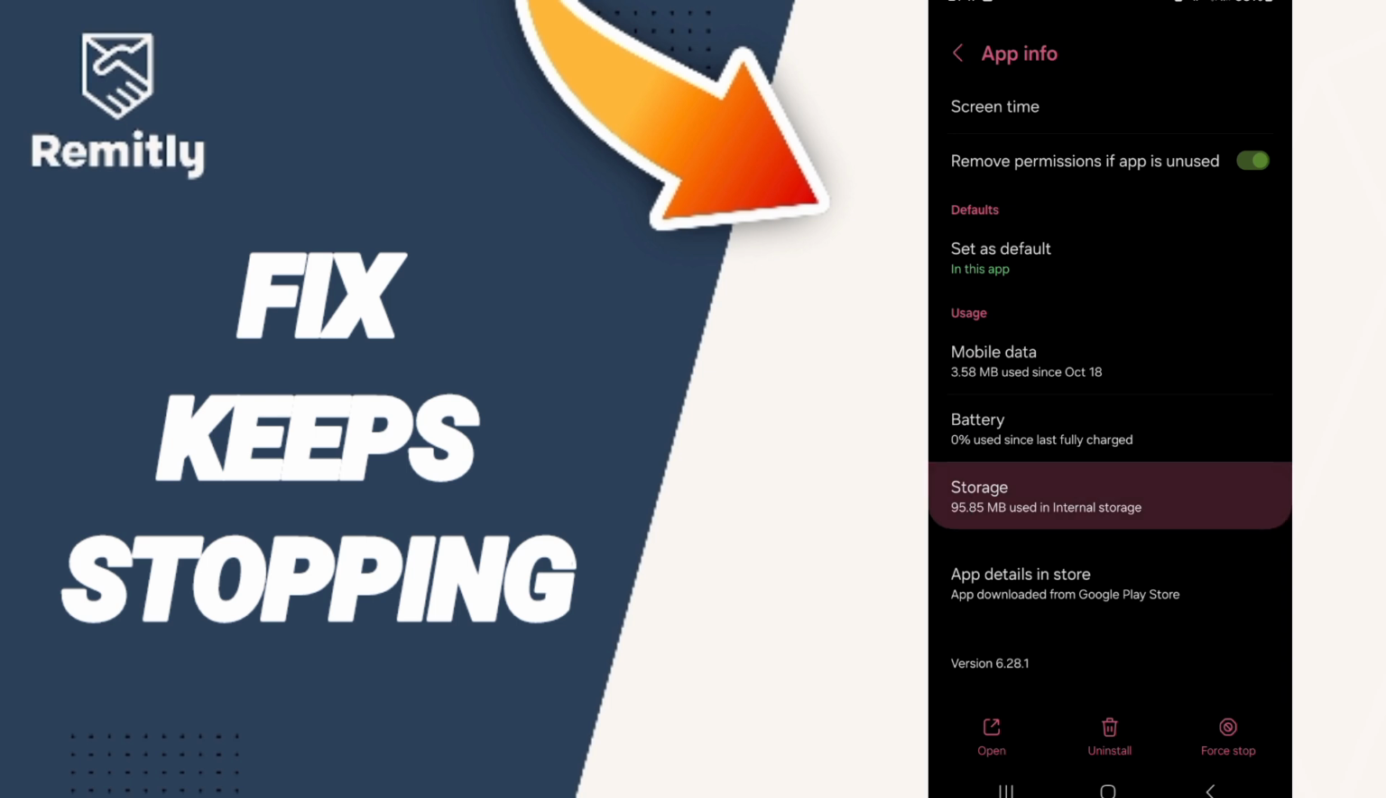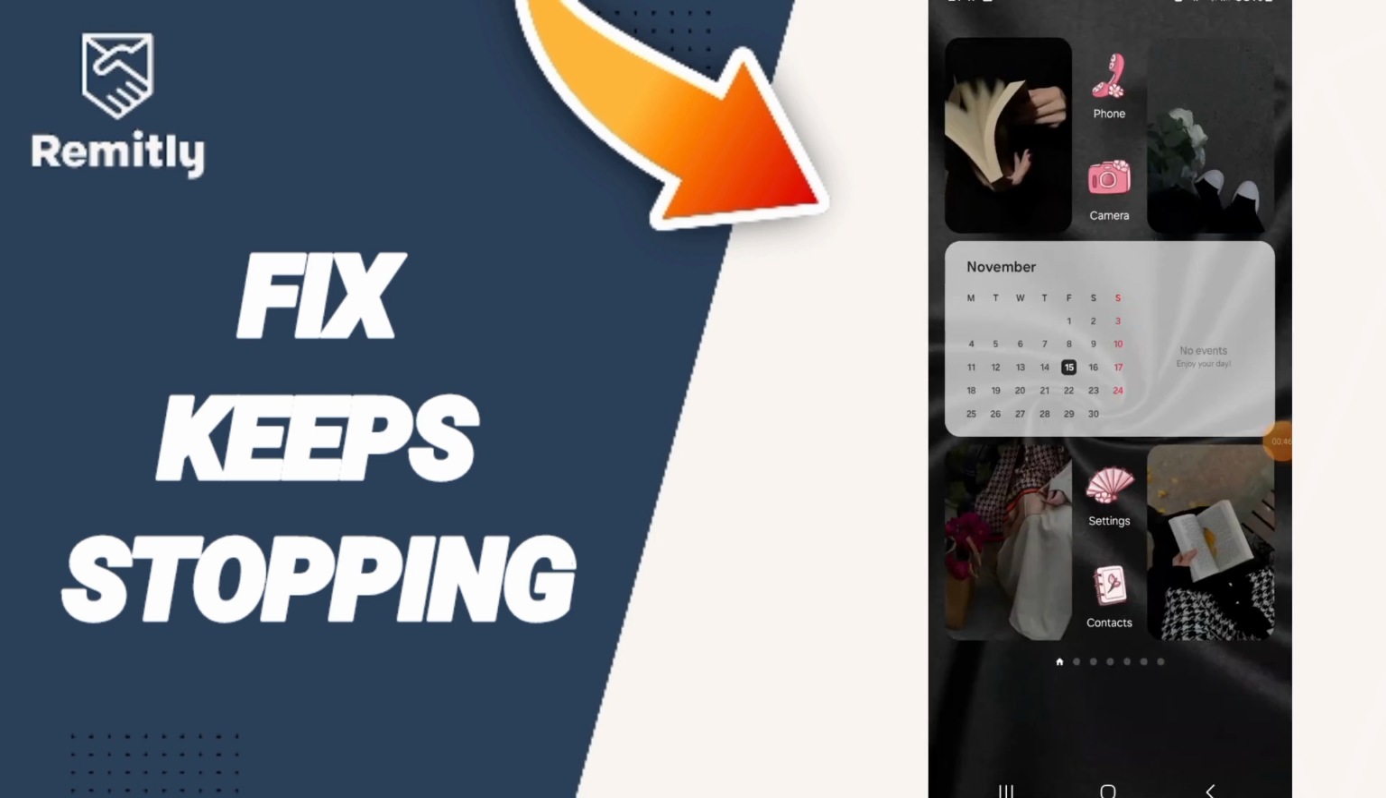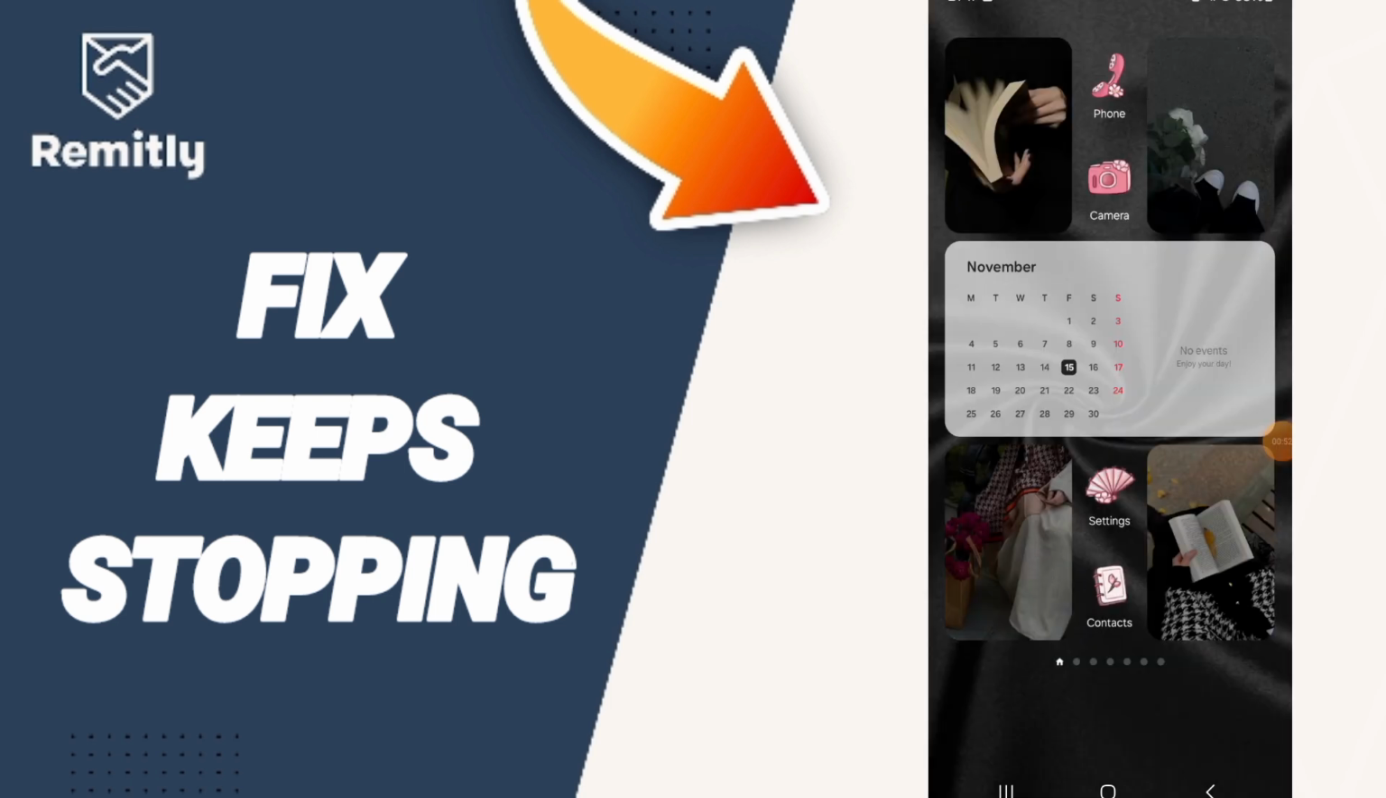Then you will enter the storage window. Here you will click on clear cache. But pay attention, don't click clear data, because that can delete your account or cause errors in your app. Here you can turn on your airplane mode, and you can turn off your airplane mode again